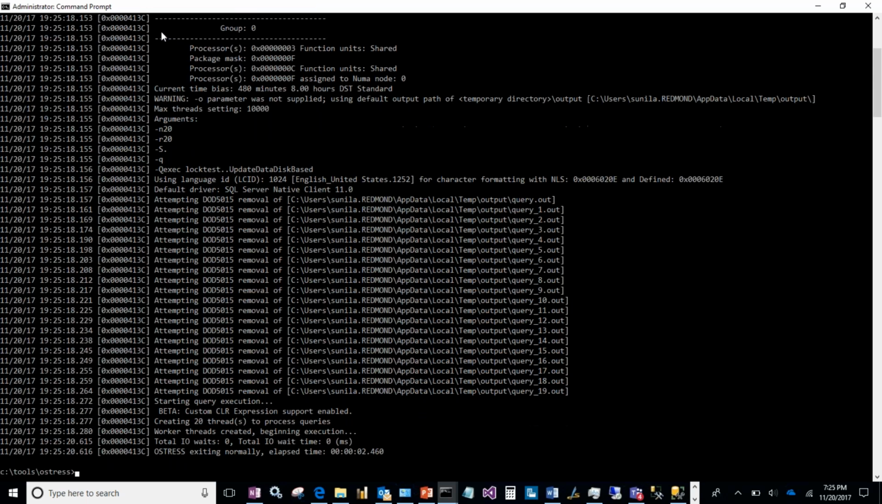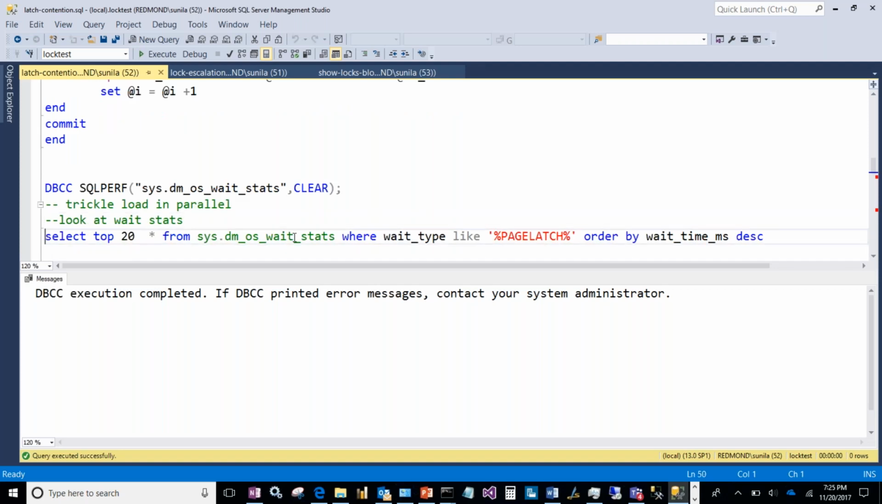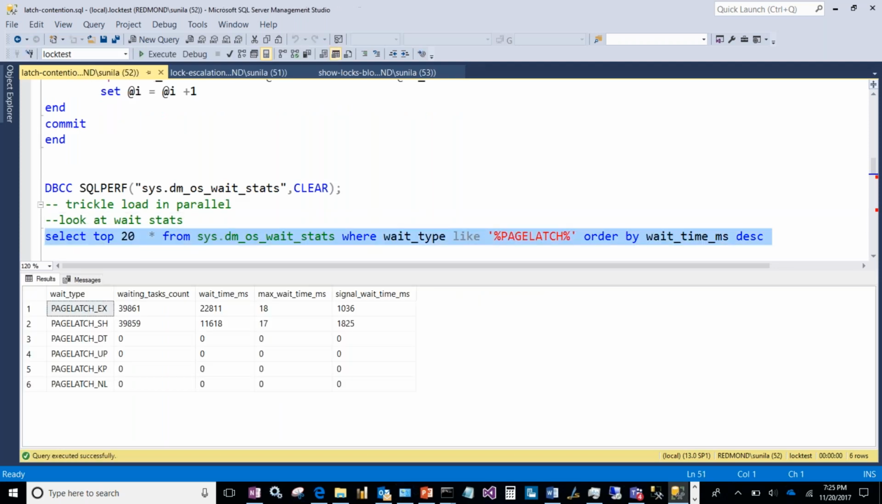Okay, it's going to take 3-4 seconds. So it's done. It finished in 2 minutes 46 seconds, right? And I want to show you there was a latch contention. And I come here, and if I run this command, you will see the latch contention, exclusive latch contention, which